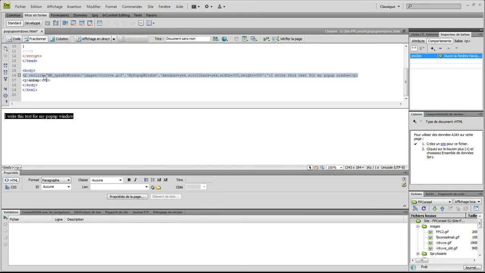Then we save our work, and we want to see what happens in your favorite browser. So I press F12 or Control F12,